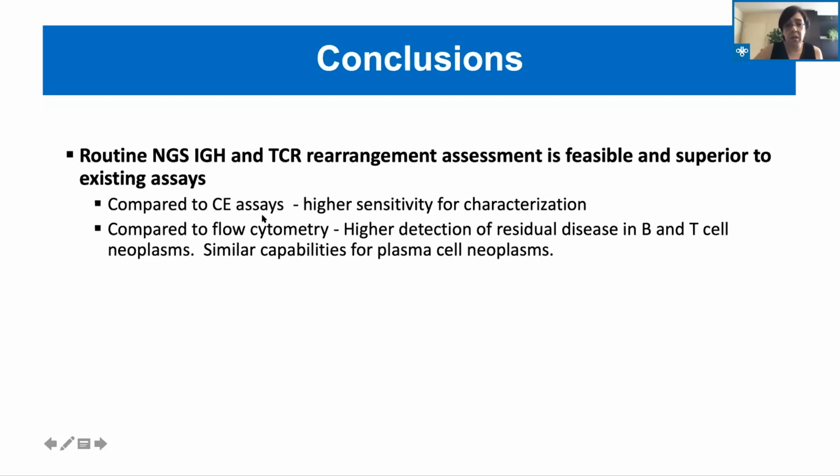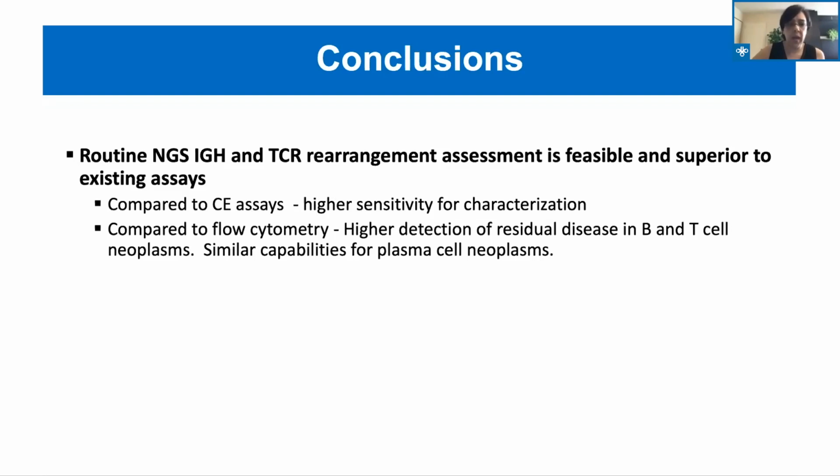Compared to the fragment analysis assays, they do have much higher sensitivity for characterization. But if you're going to use this for monitoring, I would not push the limits for that characterization, even though it does have higher sensitivity, and try to keep with a high tumor content type of sample to be able to do your first characterization if the intent is to use it